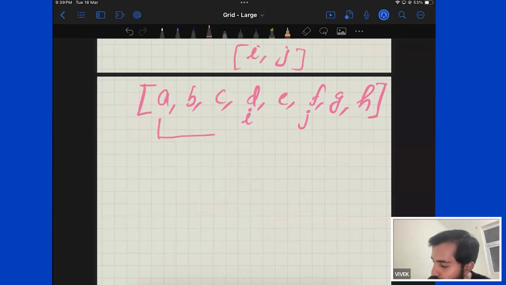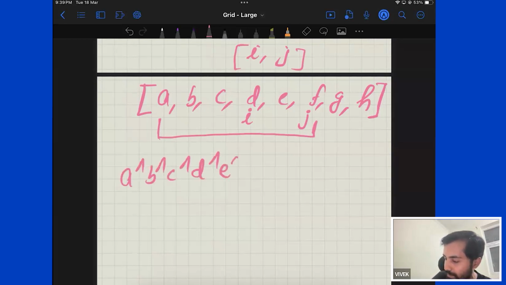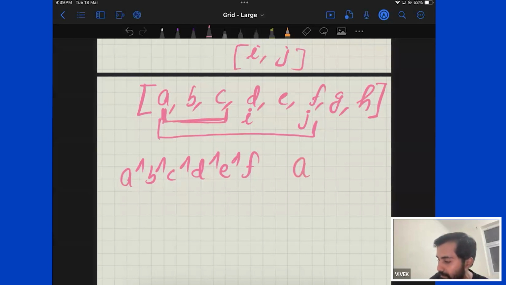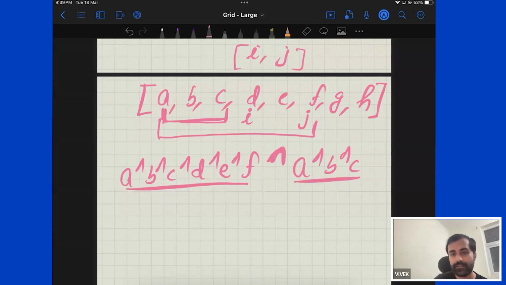So if you know the XOR from here to here, by the way, what will that value be? It will be A XOR B, XOR C, XOR D, XOR E, XOR F, right? Now, if you also know the XOR from here to here, what will that be? By the way, it will be A XOR B XOR C. Now, if you take the XOR of this with that, tell me what is going